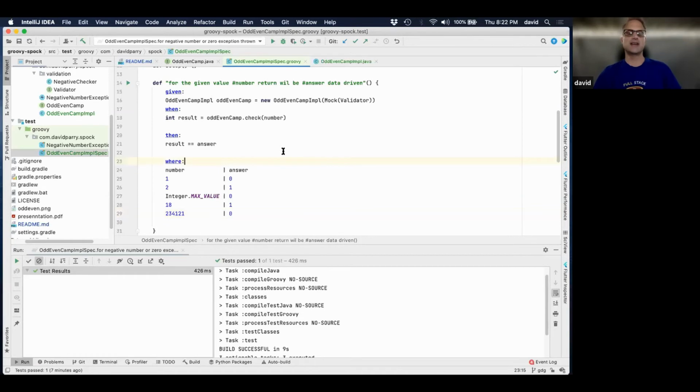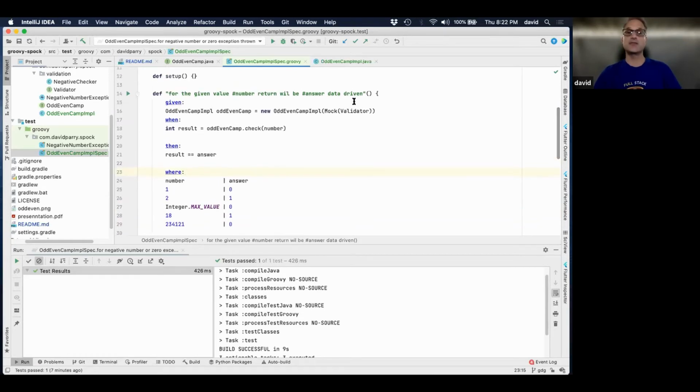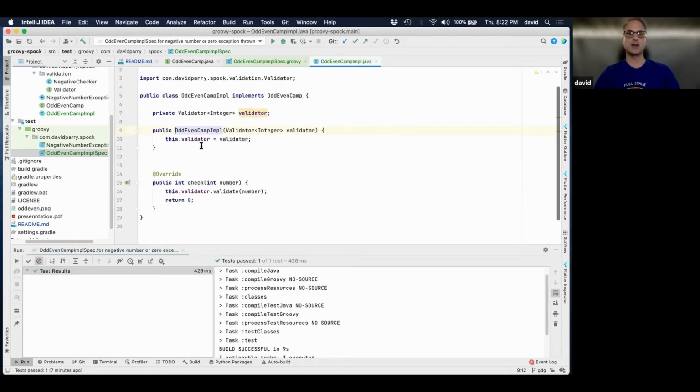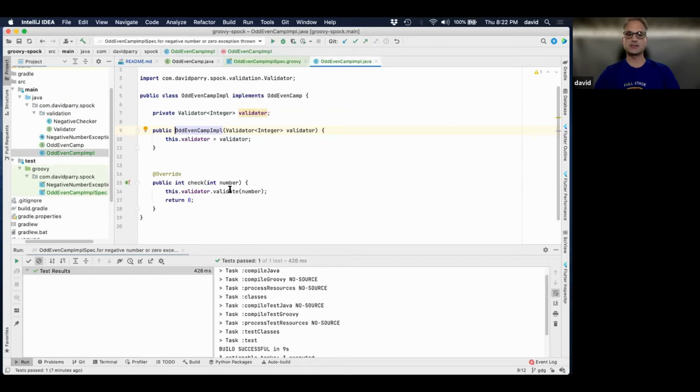And we'll test this out. We'll see. So right now, this is going to fail anyway, correct? Because we haven't put any code in our class. If I go look at this class, I'm just hitting the validator, which is now going to be a mock. So it's really not going to do anything. The mock is just going to return. And we're not doing any coding in here except checking if it was thrown a runtime, we would be good to go. So we're good to go there, but we're always going to receive 0.